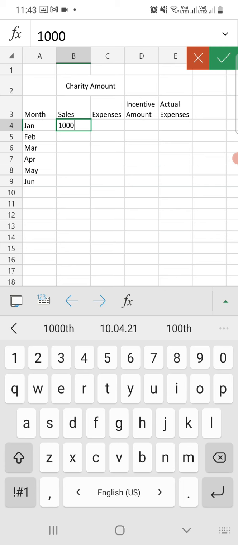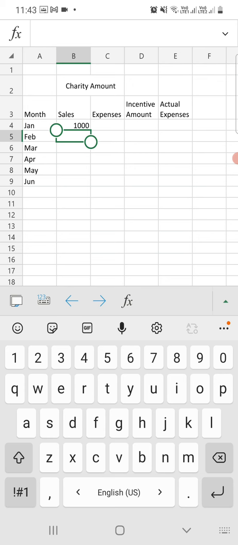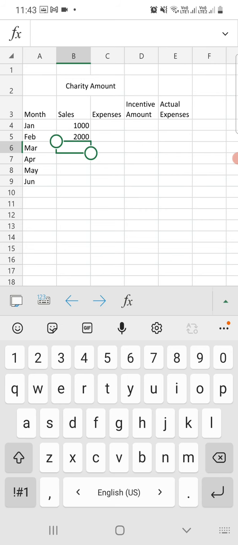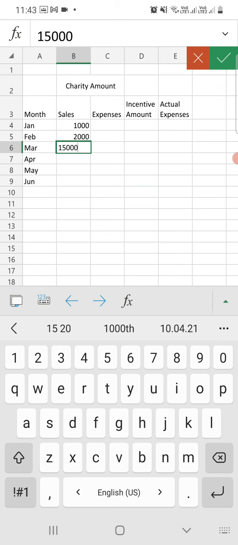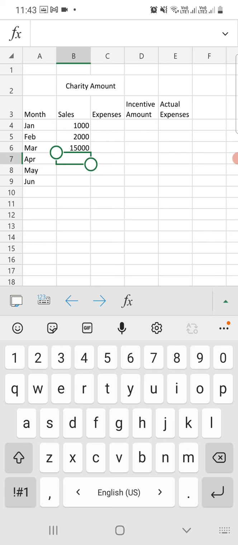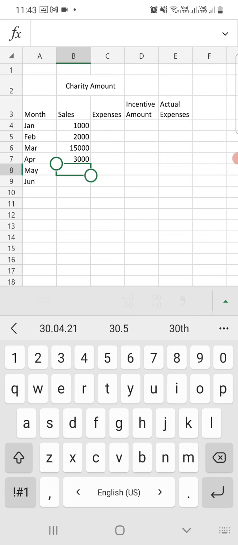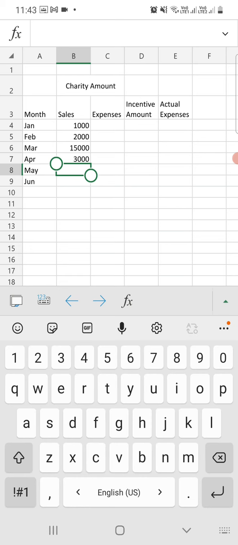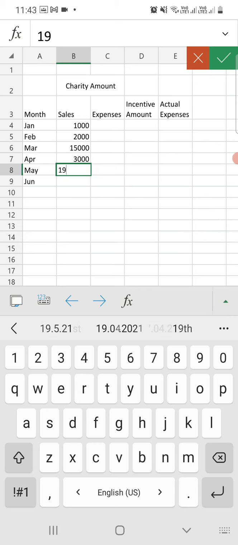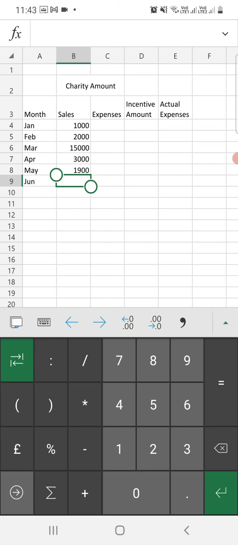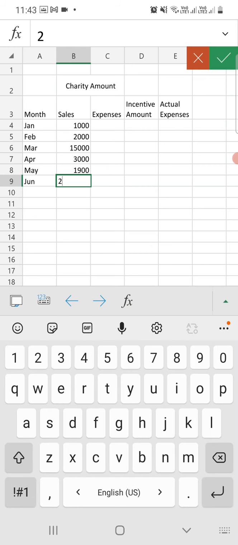Next, go to next cell, just click on enter. First one is 1000, second one is 2000, third one is 15,000, fourth one is 3000, next 1900, next 2000.